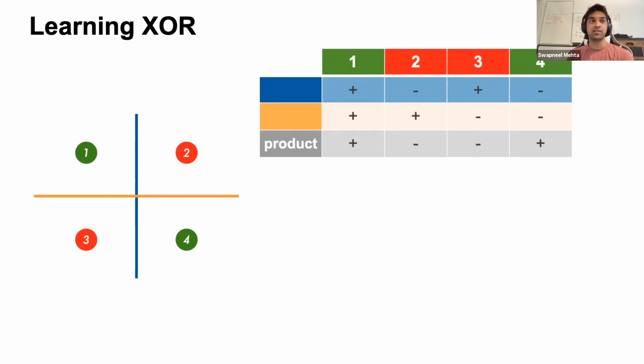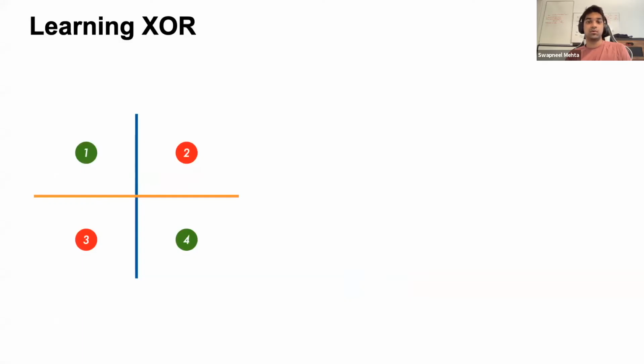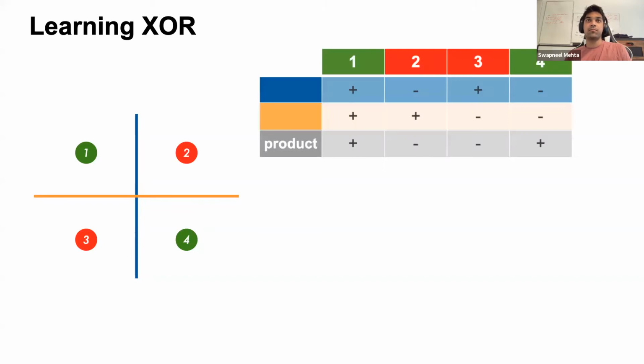The yellow classifies two examples. The blue also classifies two of the examples. And if you combine the two, and I absolutely hate this. Don't understand what's going on. Cool. If you combine the two,